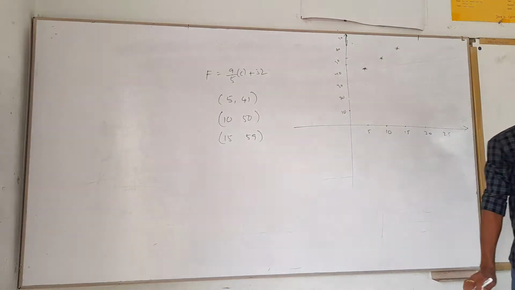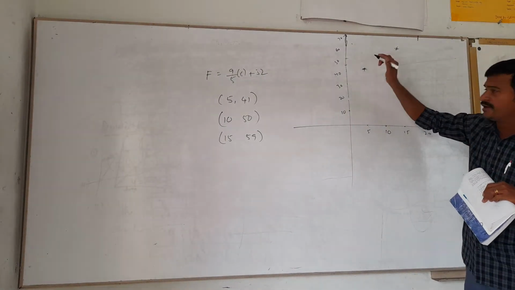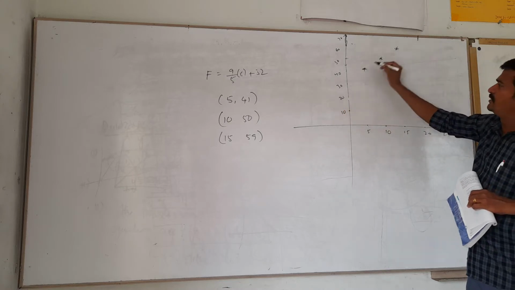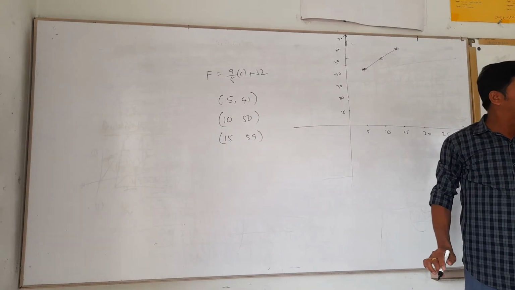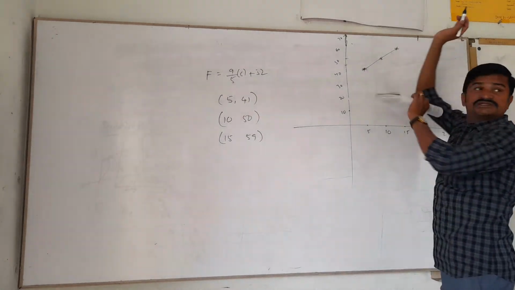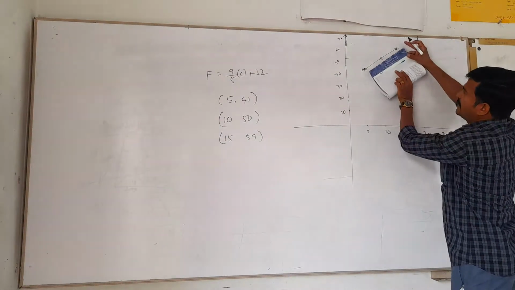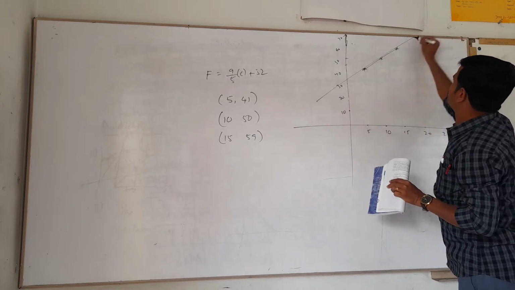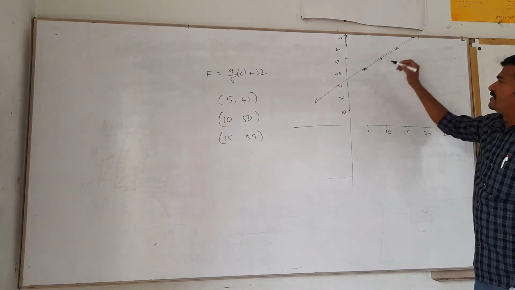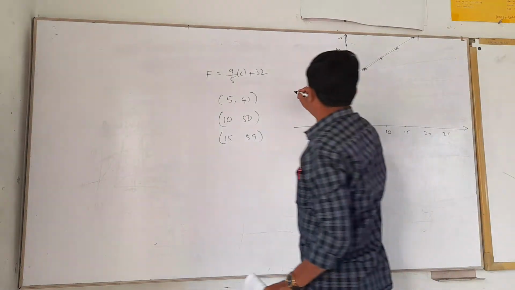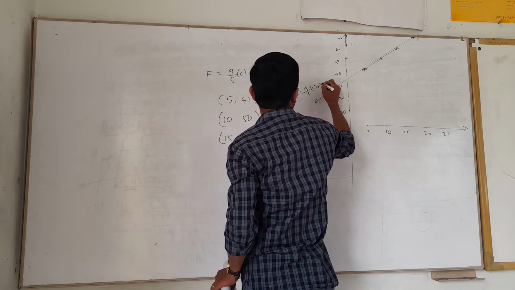Now one thing you have to do. Take your scale and join all the points and draw a somewhat extended line. Don't draw only up to here. You can draw a big line, that is better for you. How? By using the scale only. Don't keep the scale twice or thrice. Do it at a time. You can keep it like this and draw the line like this. Okay? Now we got the equation line of the given equation. This is F equals 9 by 5 into C plus 32.